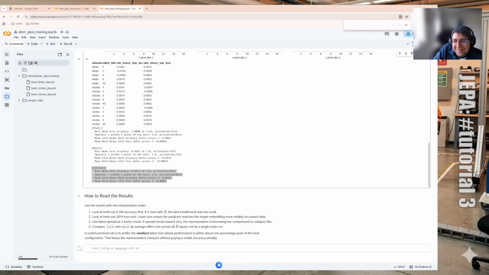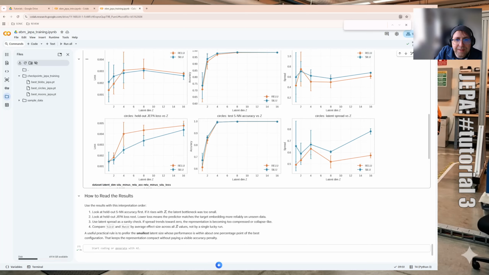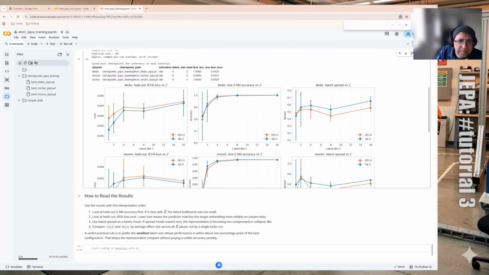The real lesson is, the complexity determines how much compression you can get away with. Make sure you compare the dimension versus the spread, the accuracy for your downstream task, and the pure loss. See what's going on with the dimension,